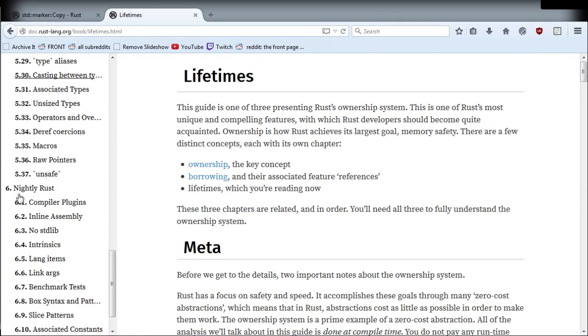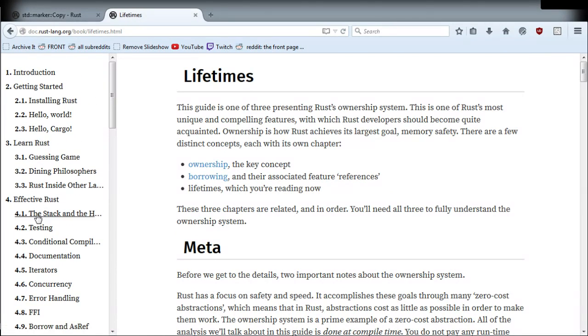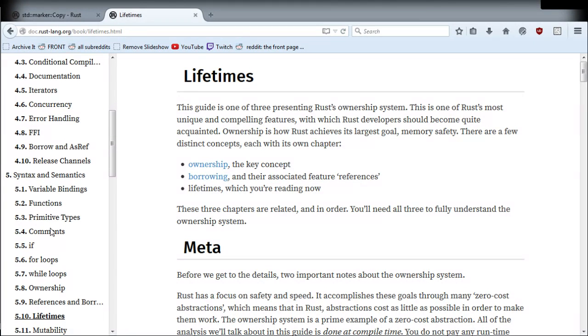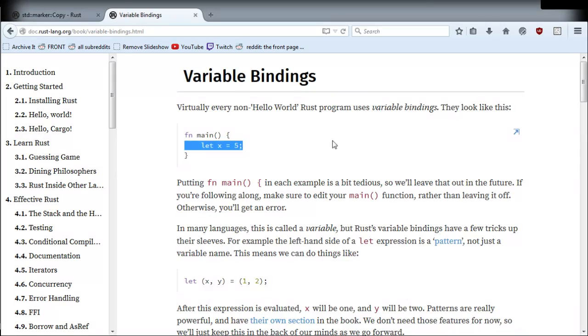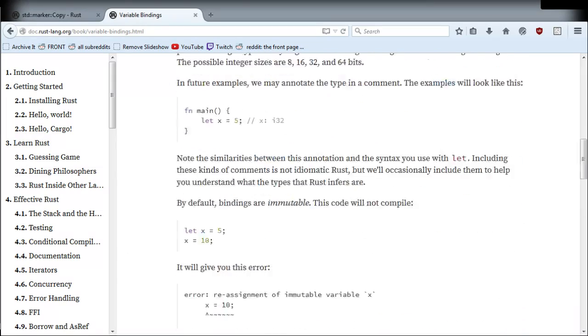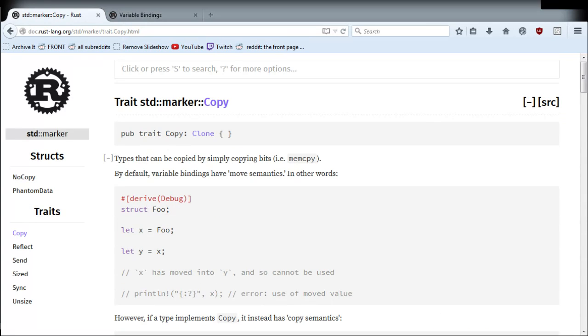A lot of the stuff in here is really heavy and gets really complicated really fast, and that's why I'm not following the order in here to teach you things. So things like variable bindings, I've glossed over them. I'll come back to them in a sec. But yeah, the book is invaluable, the docs are invaluable, and hopefully I've explained these move semantics, ownership, referencing, and borrowing, and I've touched on traits enough that you can appreciate what they are a little bit, even if you don't understand